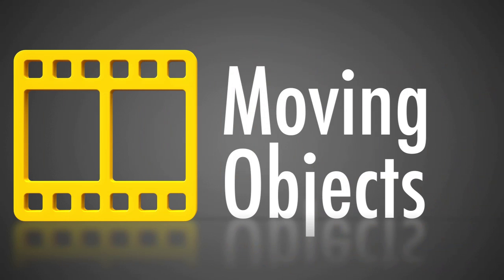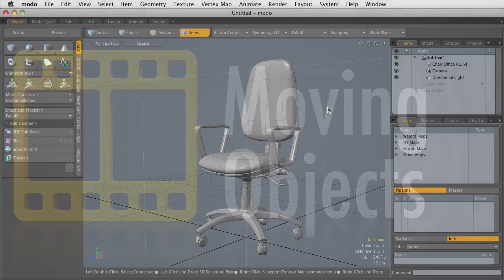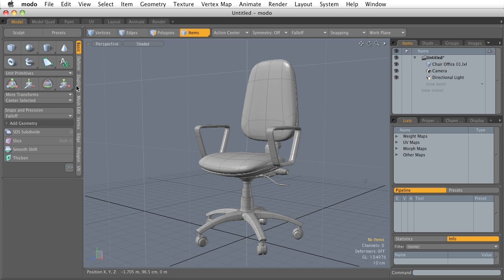In this video, we're going to cover the basics on how to move an item. Inside of Modo, in order to move an item, we have to use the Move tool, which is this guy right here. The keyboard shortcut is W. Now, Modo is built off of a principle of selections, and this principle states that whatever is selected is going